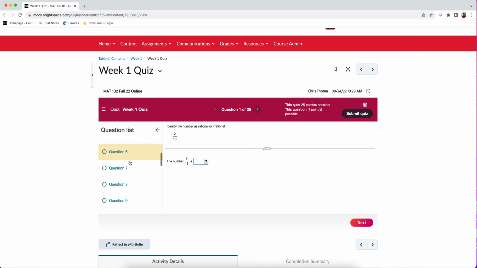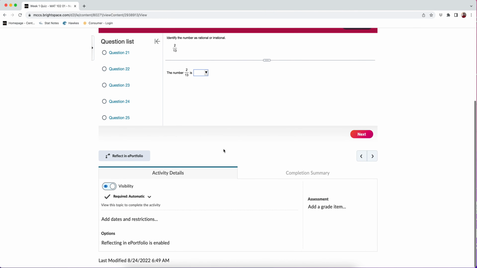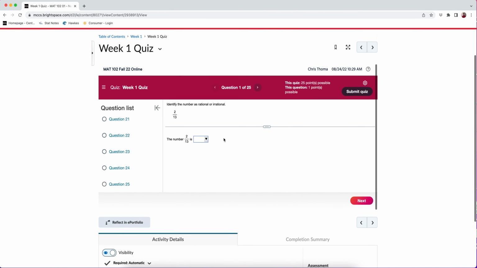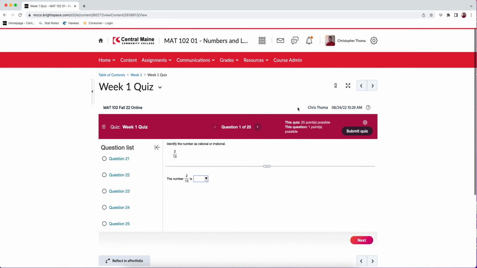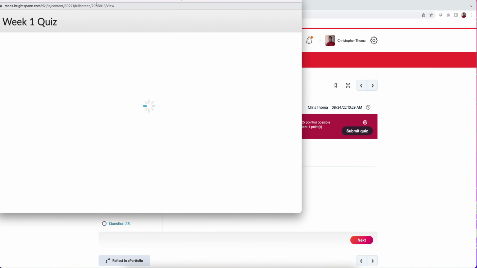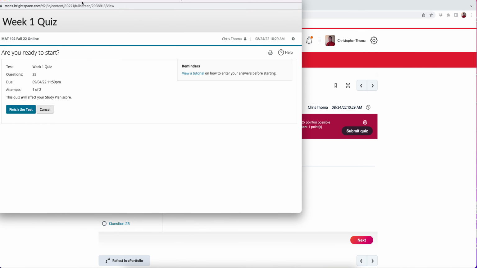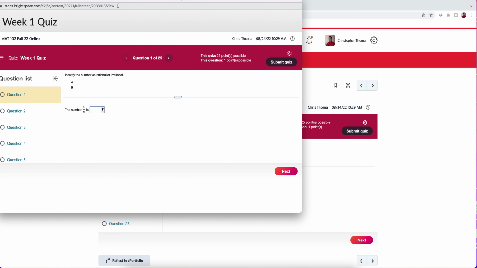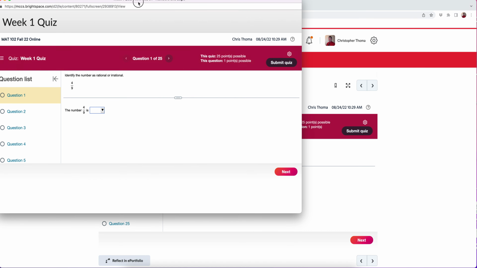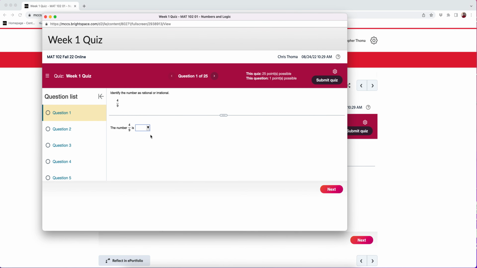And so there's little questions here you go through, but notice, I don't know why it's not showing up all the way. So if you don't like this mini window, I think you can click on this and it should open it in a bigger window. And then I can click Finish Test because I haven't done anything. It makes it a little bit bigger. I'm a little bit outside the video recording. There we go. And so you pick an answer,